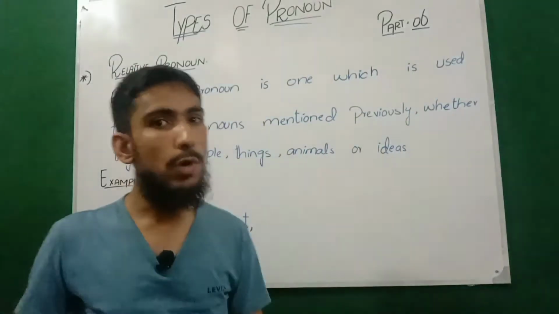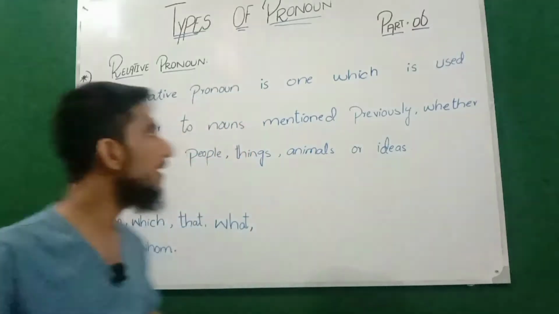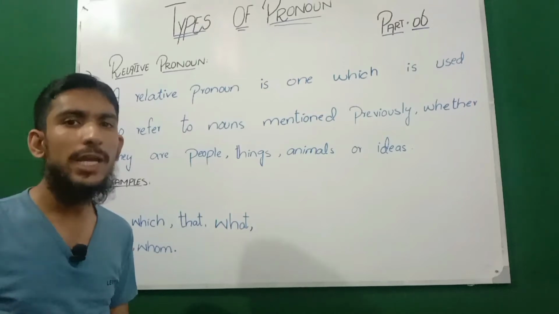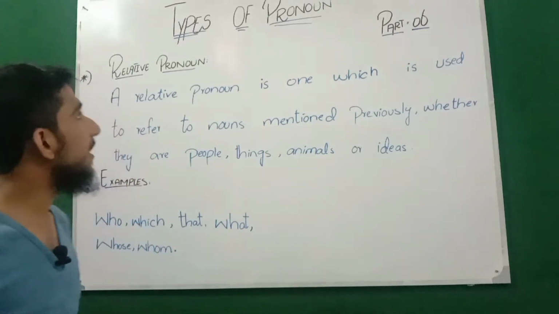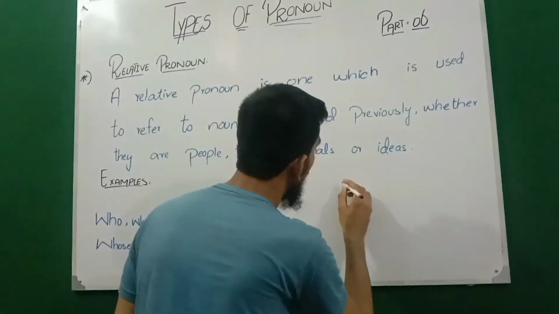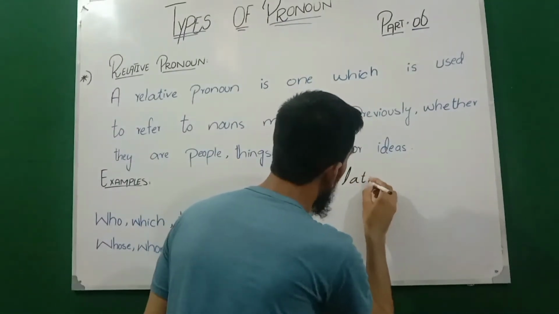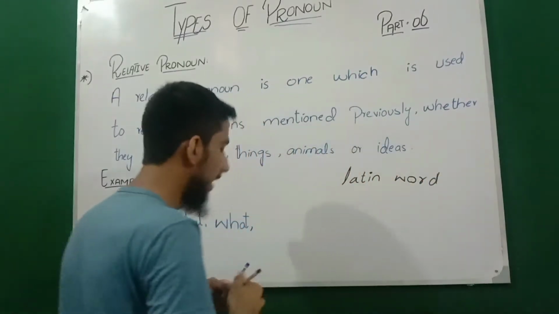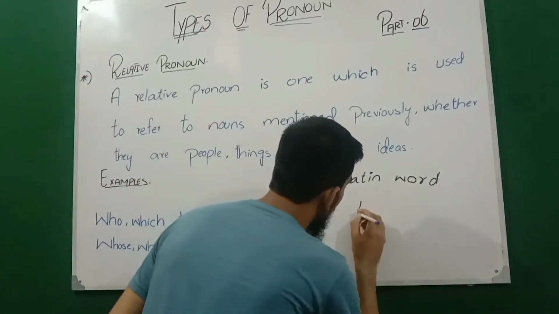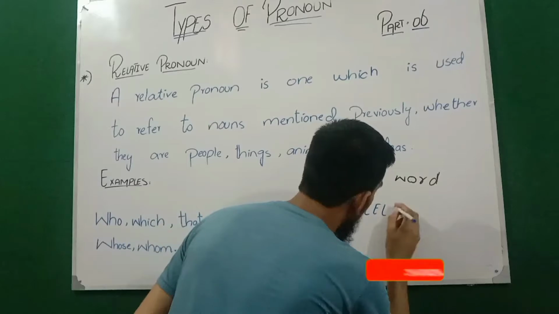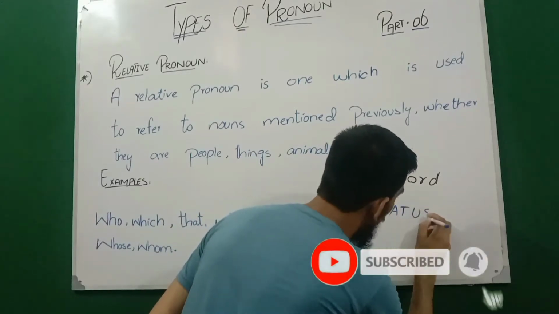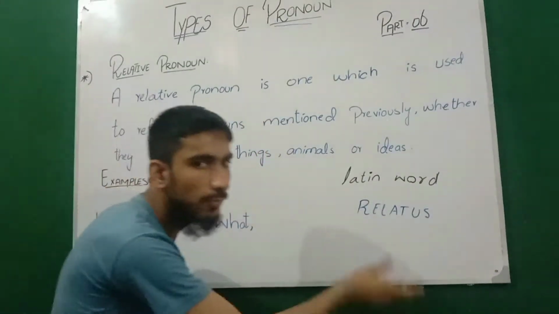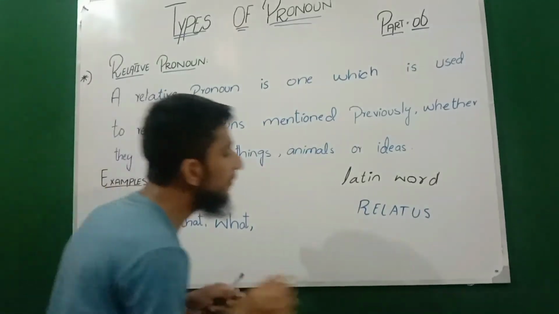Now in part 6 we will study a further type of pronoun, and that type is the relative pronoun. The relative pronoun is a very special type of pronoun. Native writers have written in their books that the word relative is basically taken from the Latin word relatus, and relatus basically means